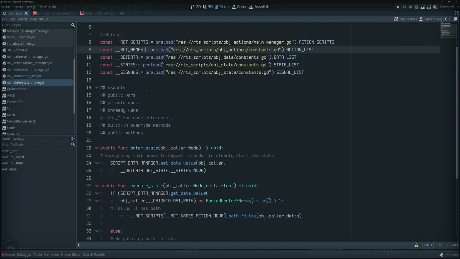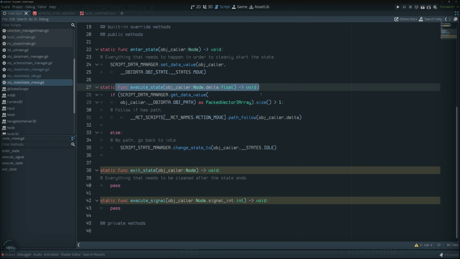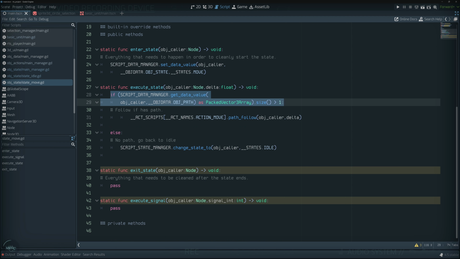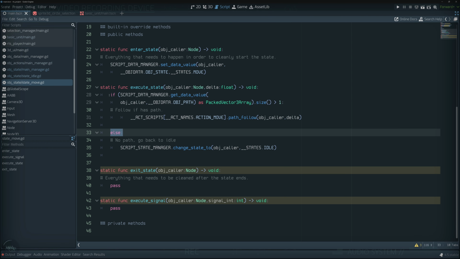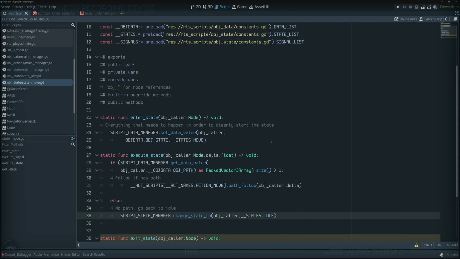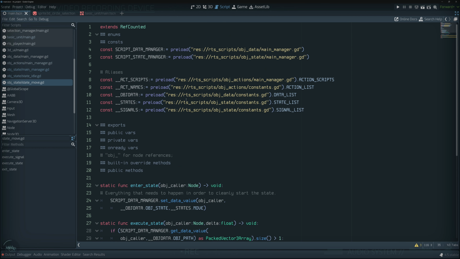So the state movement now allows you to be executed, which in turn allows it to grab the current object path if it was generated and its size is higher than 1. If that's the case, then we are finally going to move towards the path. If our path does not have a size, we're going to go back to the idle state. And this time, instead of a signal, we're going to go through the state manager and ask it to change the state. So it's fairly easy to do and fairly simple, and I think this is a very robust system. The last thing that needs to be updated,